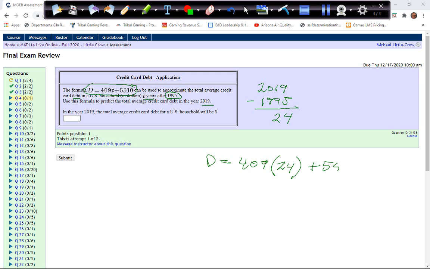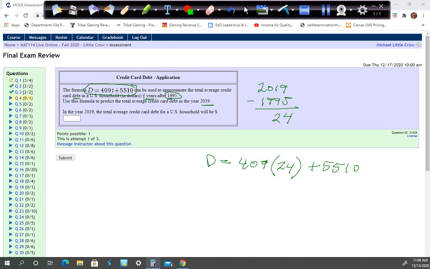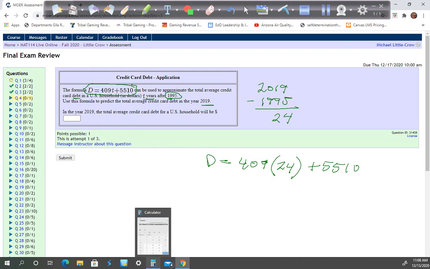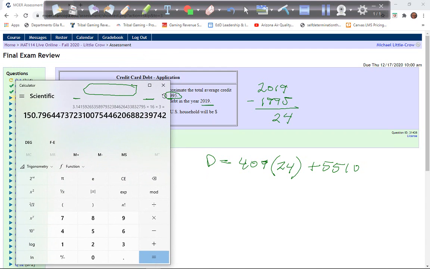Plus 5, 10. So what this formula is really telling us is that the average credit card debt is adding $409 per year to the debt. It's not going down, it's going up. And so after 24 years of people getting higher and higher debt, this is what the average credit card debt would be. So let's clear